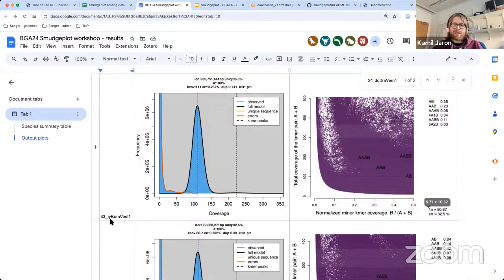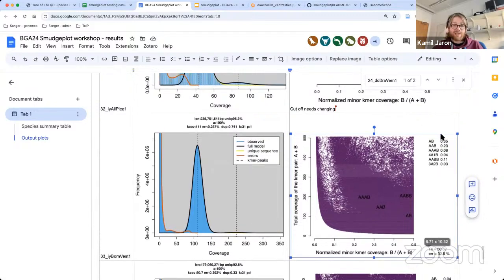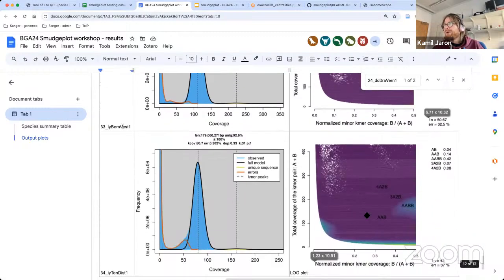So, bombus. Now we're in an insect world. This is a male of a haplodiploid species. Again, if you look at the log plot, you would see the smudges that are actually in there. If you see the scale, you would see that those numbers are not insanely big because they're just showing the paralogs within the genome. You also see blank spots within the smudge plots just because there are no k-mer pairs of that coverage combination. It's still pretty fun to look at because it gives you a detailed structure of what the relative copy numbers of things that are similar within the genome look like, but it's not predicting euploidy.